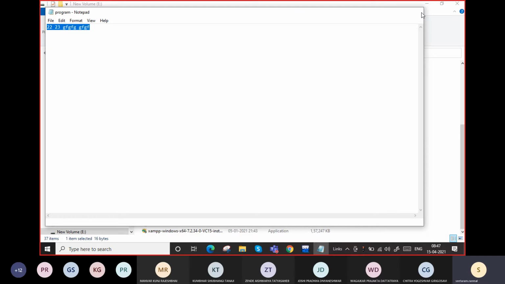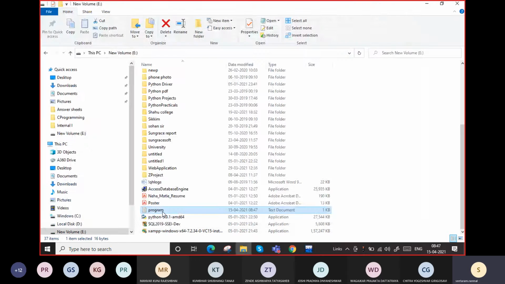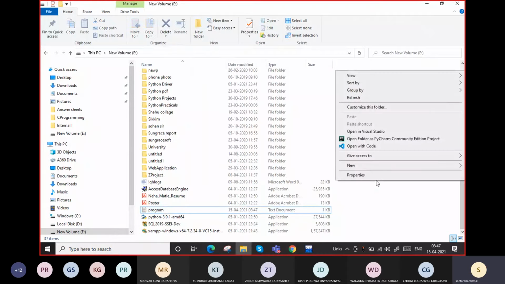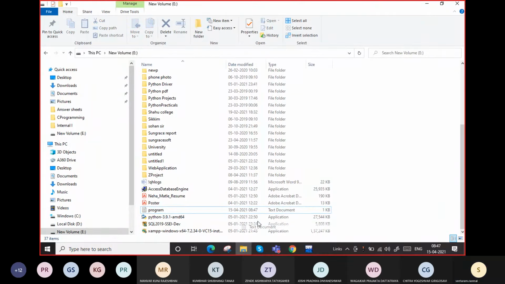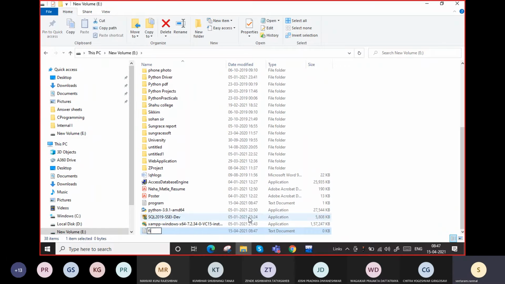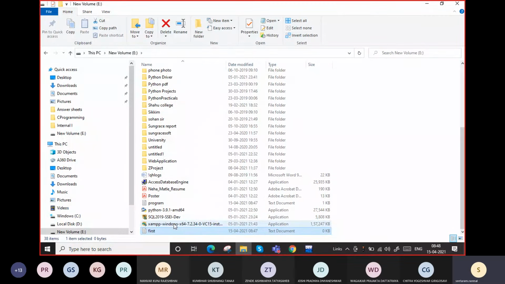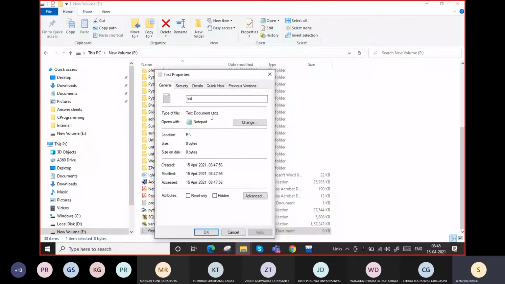Whenever you are creating a file, for example, if I create a file with the name first, it has a default extension. It has the default extension .txt, so it is a txt file.